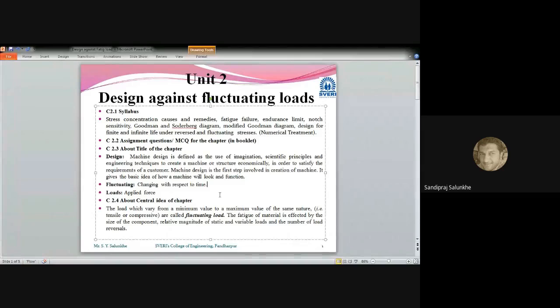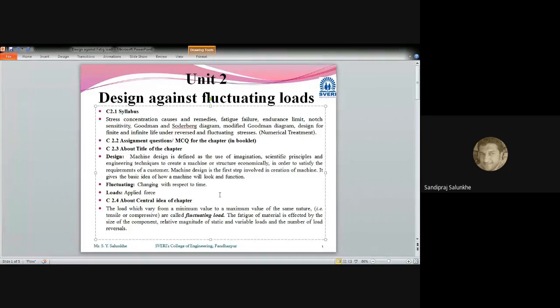Whereas the forces which are not changing with respect to time are called static forces. So all the designs which we have seen of joints, that is knuckle joint, cotter joint, and also of the levers, we have considered that once the force is applied on that element, on that component, it is going to remain constant. So if you see that force after 10 hours, it is going to remain